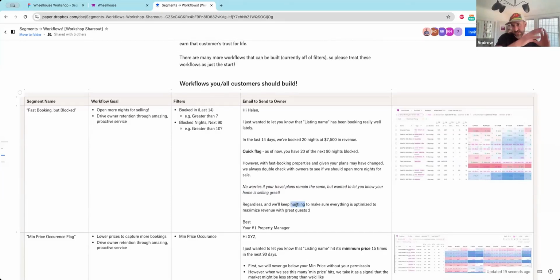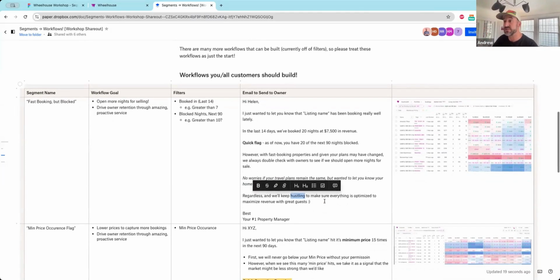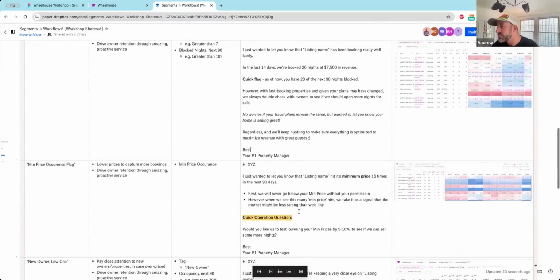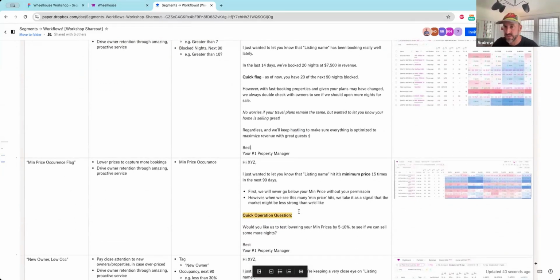We see segments and the right segments set up for your Monday morning, whether your properties are overperforming or underperforming or any other view of your portfolio, as starting to power that workflow. And if any of these are valuable, steal them. Steal these emails, okay? When we think about segments as helping you scale your portfolio, we're really looking at, can we make it easier to be the best revenue manager, property manager ever?